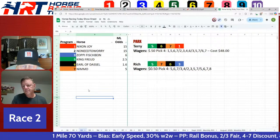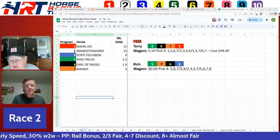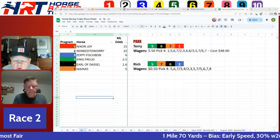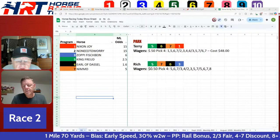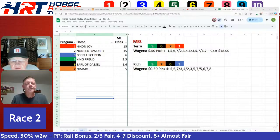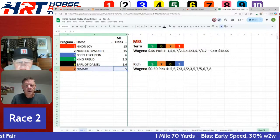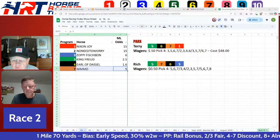All right. So in race 2, I like 5, King Feud, second as a favorite last time. As a trainer, wins 32% of the races with beaten favorites, and then returning and has a high percentage winning jockey, Paco Lopez. Earl of Dassel, the 6, is my second choice, placed in both starts at Parx Racing. Trained by a high percentage winning trainer who wins 57% of the claiming races when dropping a horse 2 classes. The 7 finished 3rd versus similar to the last race. And then the 1, Nixon Joy, finished 3rd versus similar to the last race and has an early running style,